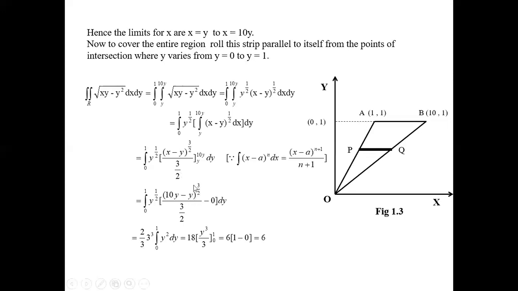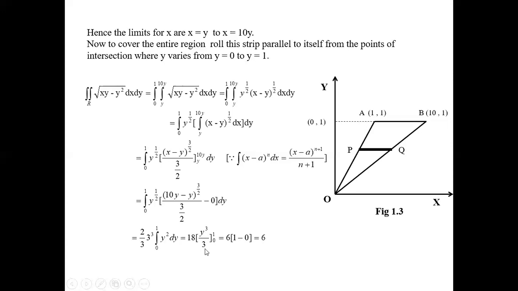So that means you can write 3 cube. That 3 cube you can take outside. Then you get integral from 0 to 1, and this becomes y square into dy. Integral of y square is y cube upon 3. Then this is 3, one of the 3 will get cancelled. 3 square will remain. 3 square is 9. 9 into 2 is 18. So this is 18, and then y square integral is y cube upon 3, between the limits 0 to 1.